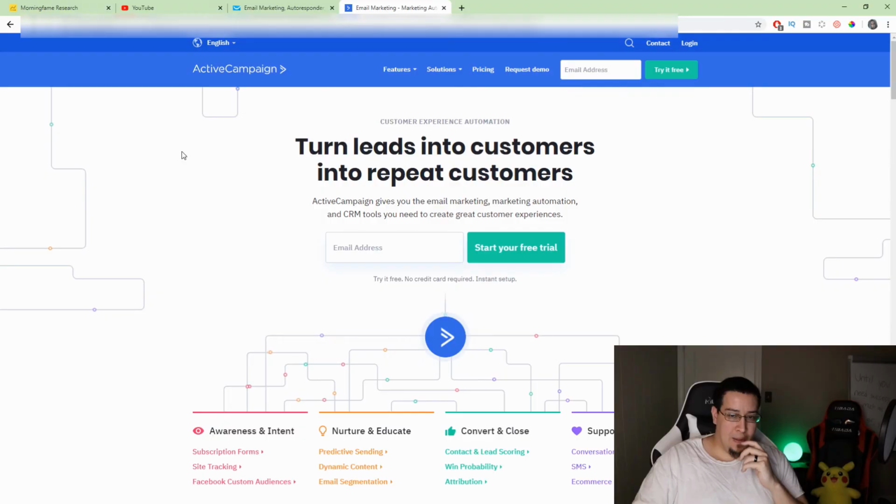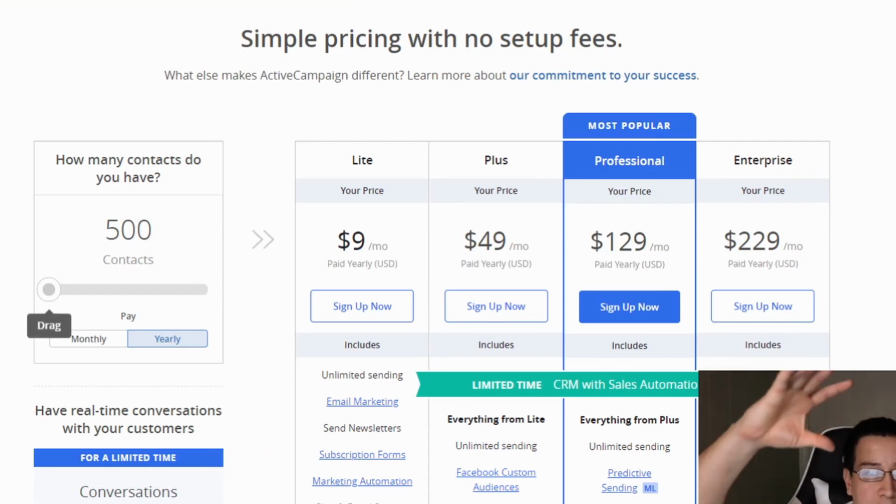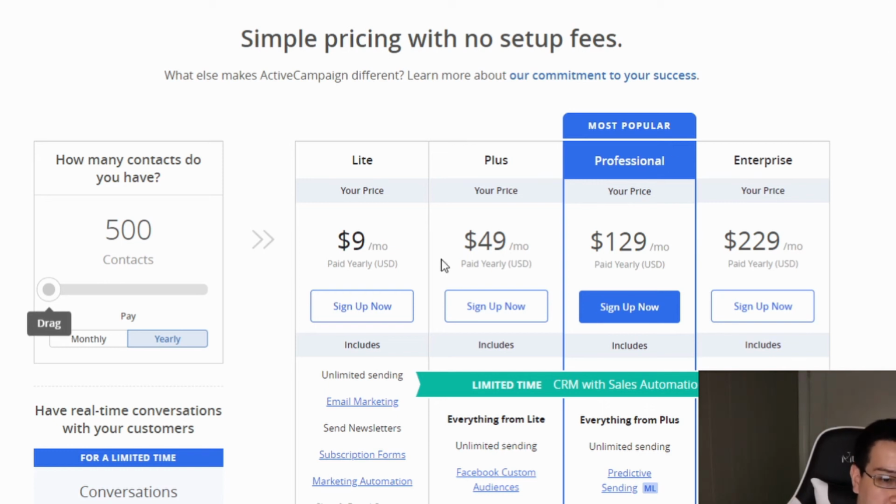So I've been using this autoresponder for a few weeks now and I totally and completely love it, and I felt obliged to go on here and recommend it to you. And here it is. That's right, the one I'm talking about is called ActiveCampaign. As you can see here, just look at the pricing alone. Even when I turn this into the monthly plan instead of the yearly plan, you're still only paying $15 a